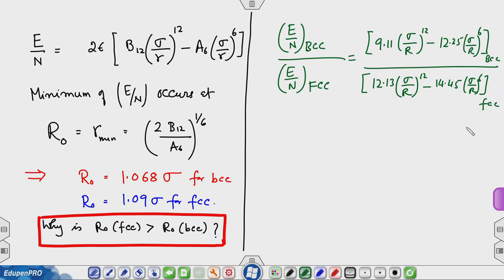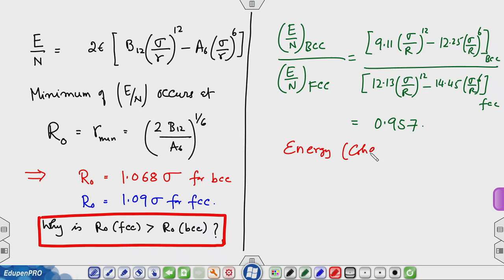We have gotten sigma over r and all that. So, you plug in the numbers and you get your answer to be 0.957. So, what you see is that energy,